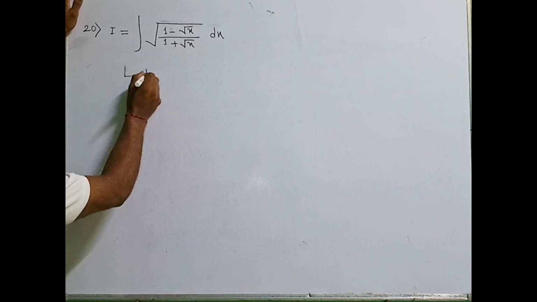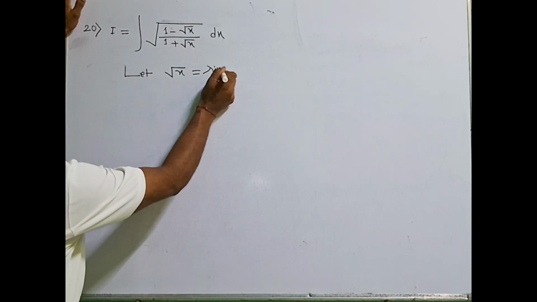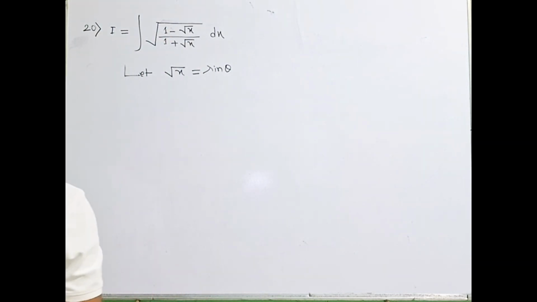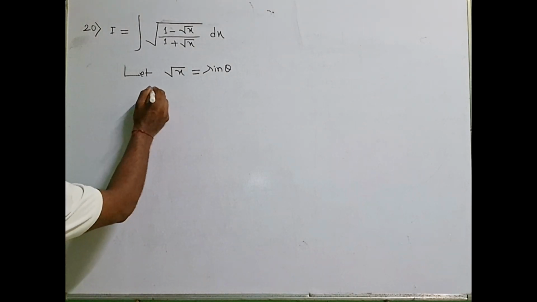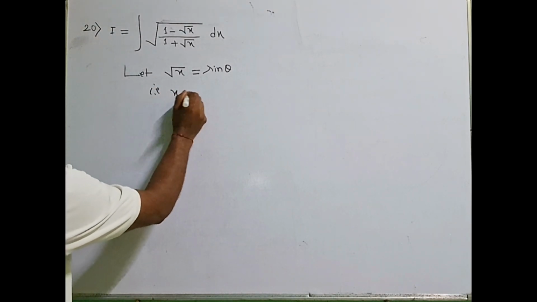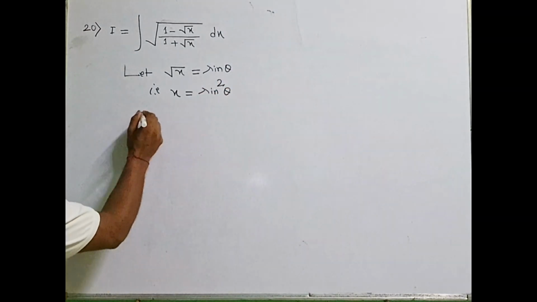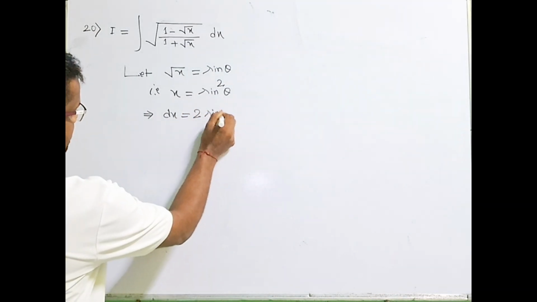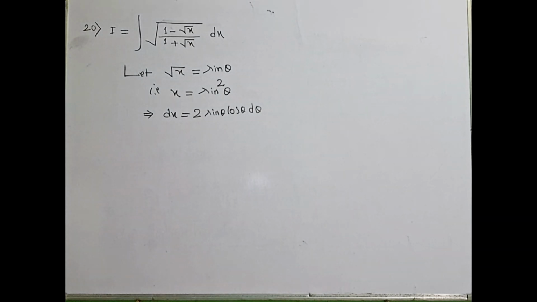If you take, let root x equal to sine theta, or you can say x equals sine square theta, as you wish. So either you can say root x equals sine theta, that is x equals sine square theta. Then see, dx is your 2 sine theta cos theta d theta. Then put the values